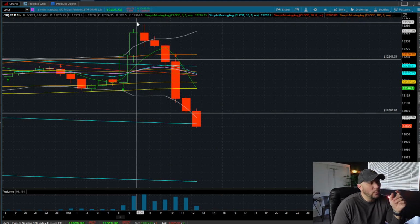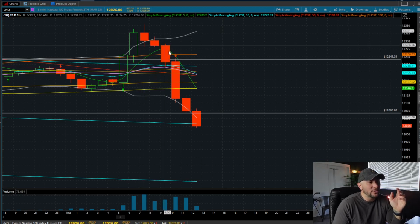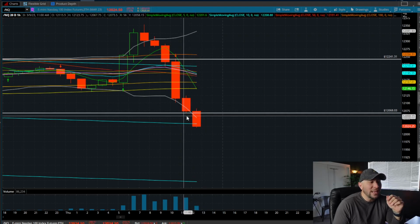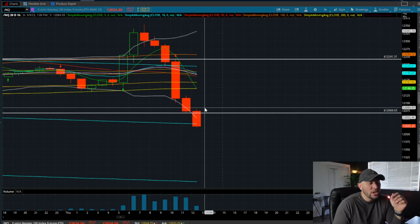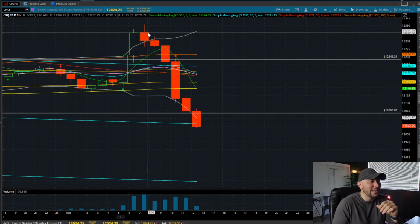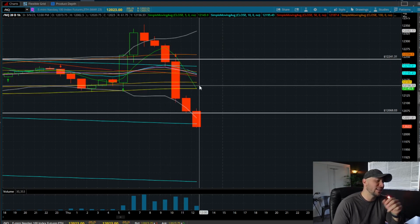What we're looking at, though, is we put in this high here at the 7 a.m. candle, Pacific Standard Time, then we started to come back. Well, the lower level that I had marked out here, this 12,068, just came into play this hour. So even if you wanted to give the bulls the benefit of the doubt, because we did have this level of support, this level, this level, this level, this level,